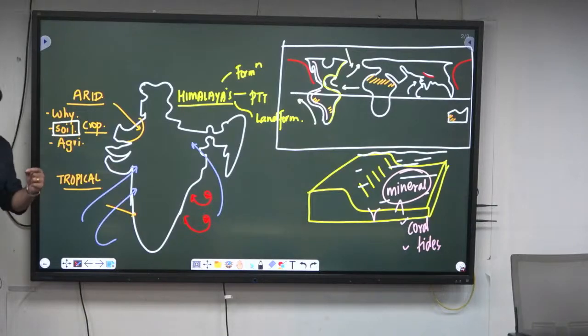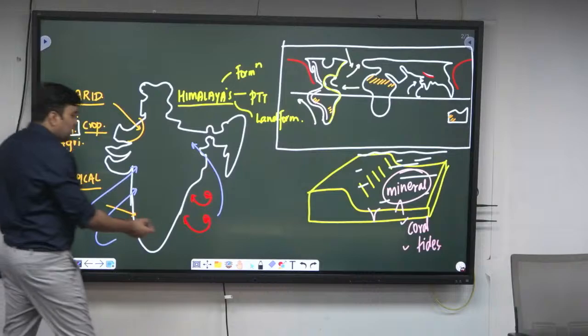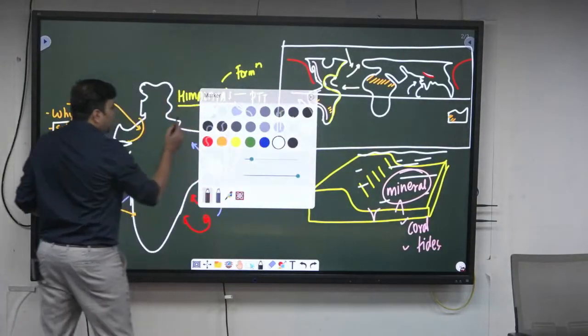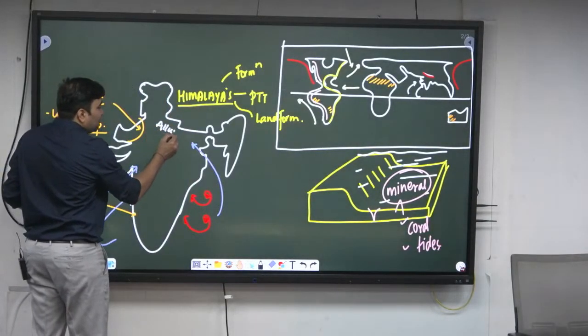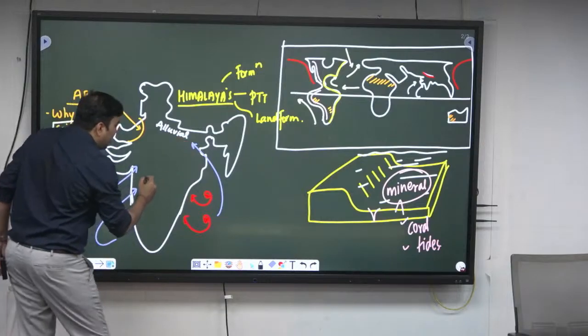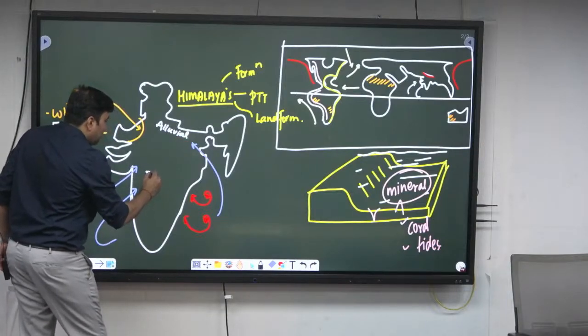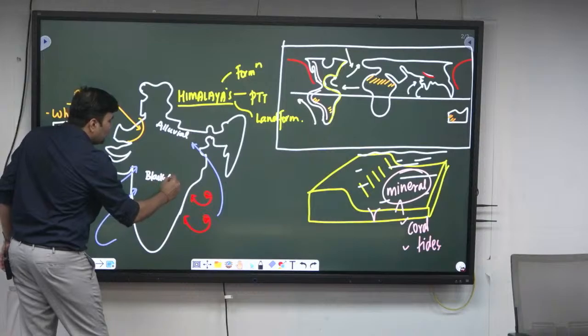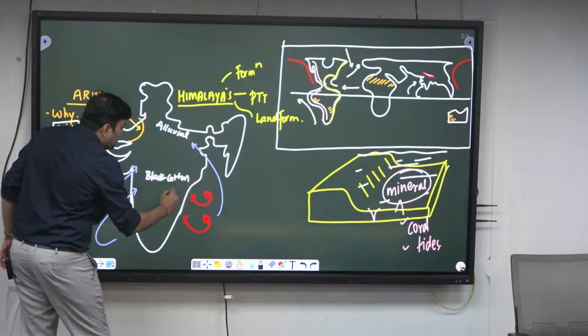So now coming to biogeography, I just spoke about soil. Soil is the topmost layer on the earth's surface consisting of solid, liquid and gaseous elements. Now, you might have seen different types of soil. For example, here you frequently see alluvial soil, correct? Here you see black cotton soil, correct? Black cotton soil. You might have seen red soil,